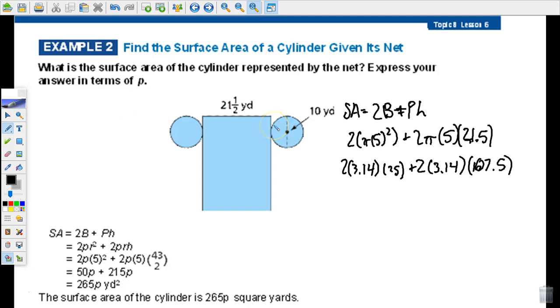I'm just going to start multiplying them. Okay, 2 times 3.14 is 6.28 times 25. So all you do is just multiply all three of these together. So I get 157 plus 2 times 3.14, which is 6.28, times 107.5, and you get